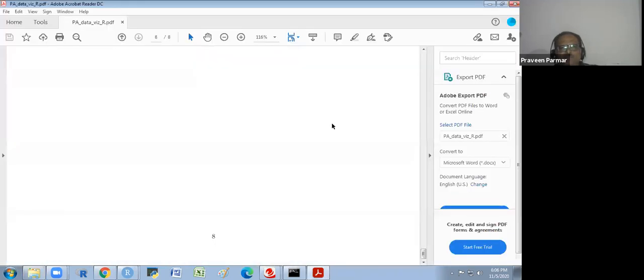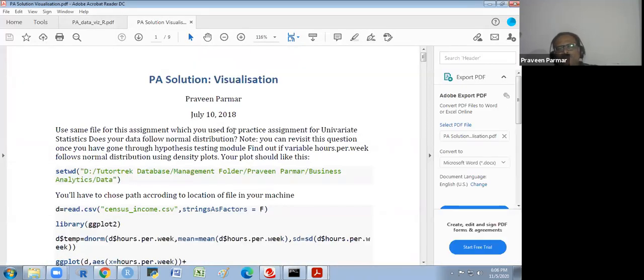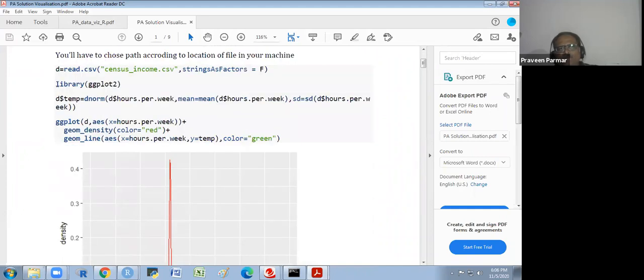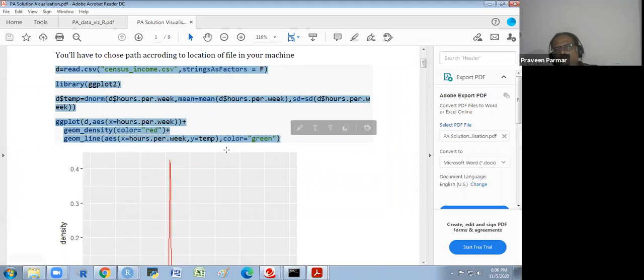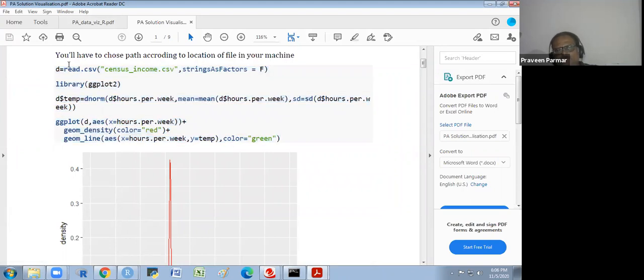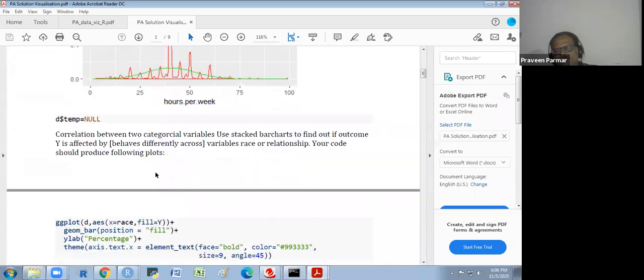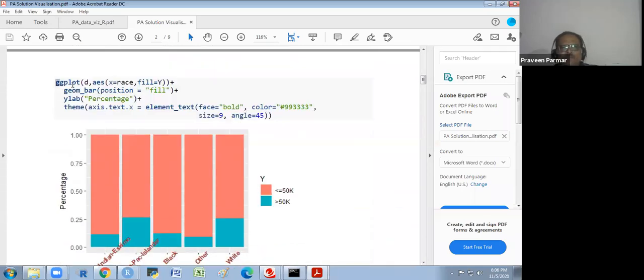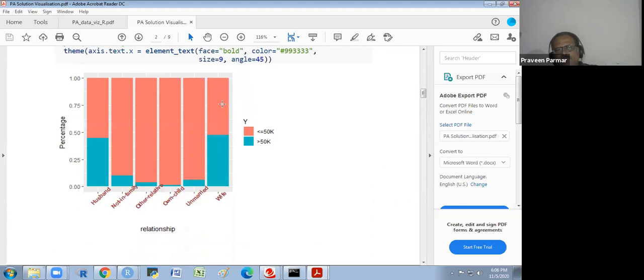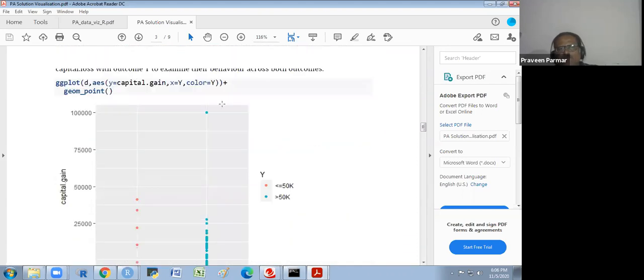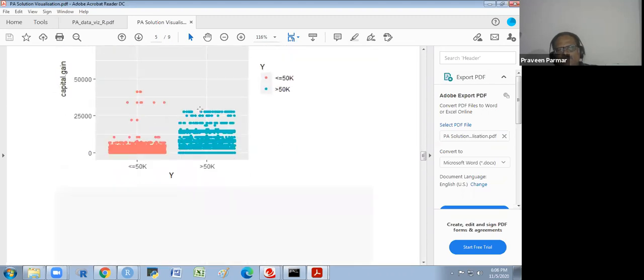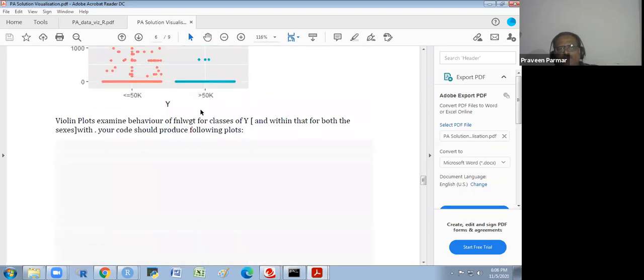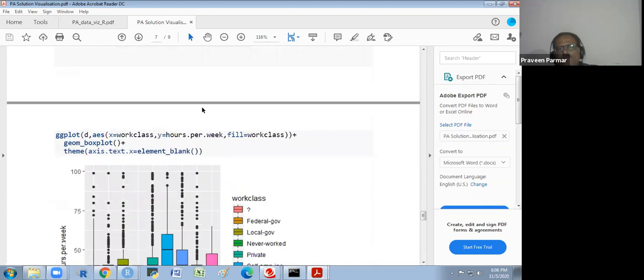So this is the solution for that. You see, all the syntax are there. By running this syntax, we get this one. So first you have to do it yourself. If you are unable to perform this, then you could take the help of this solution. First you try to understand what we have taken and why we have taken it. There are solutions for each graph, so you may get good practice over there.